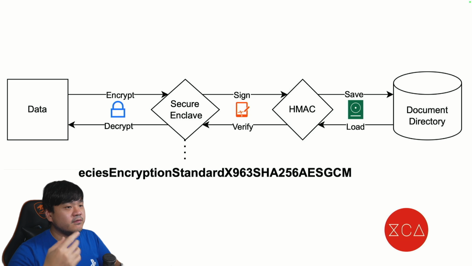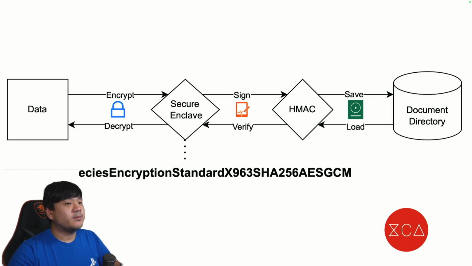First, the Secure Enclave generates a private key, and this key never leaves the hardware. It's protected at all costs. Then, we encrypt sensitive data using a symmetric encryption algorithm like AES-GCM for confidentiality. And now to ensure the data hasn't been tampered with, we compute an HMAC using the secret key stored securely in the keychain. And finally, for added authenticity, we create the digital signature using the HMAC with this private key. This ensures the data comes from a trusted source, which is you.